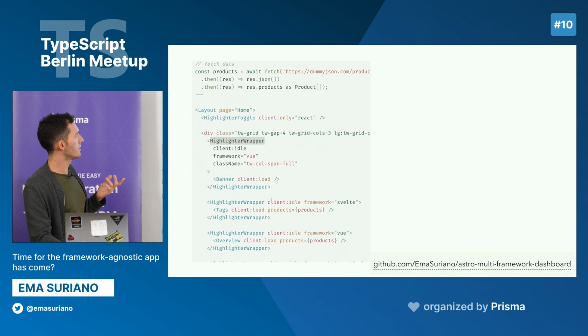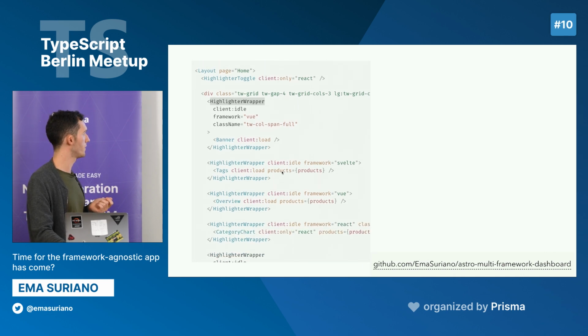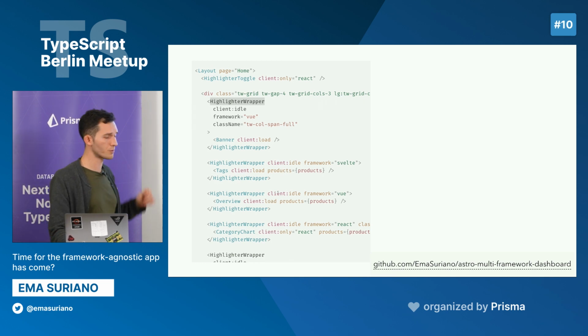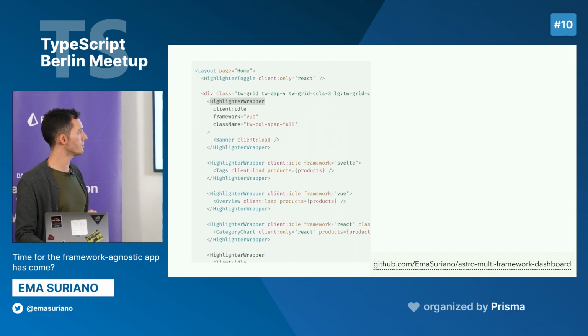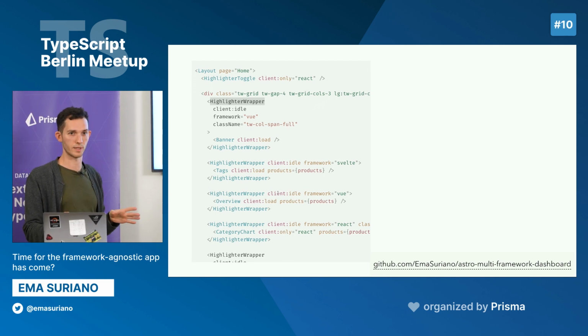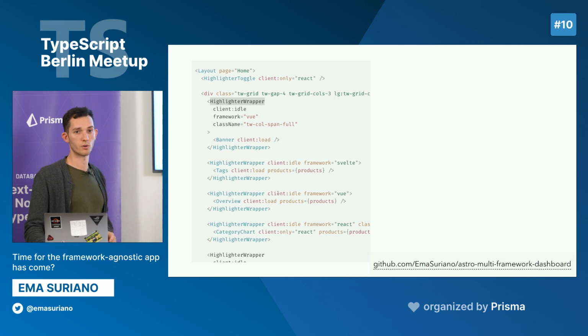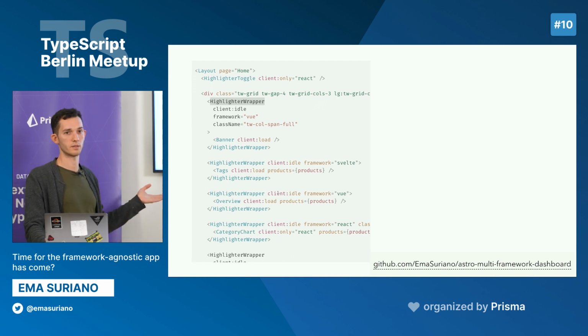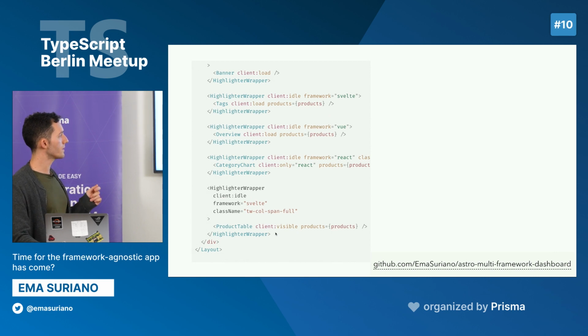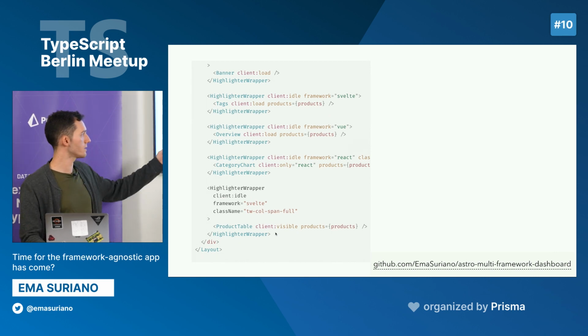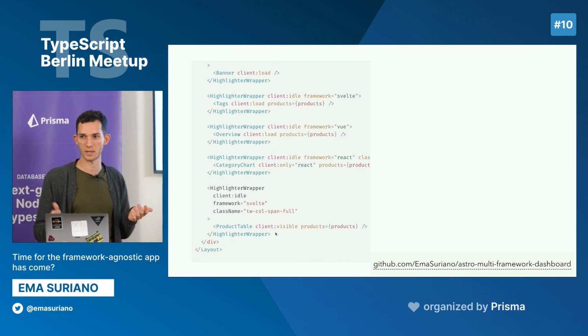Then depending on the component, we might want to use different directives. In the case of the category chart, I used Recharts to make that. It's a React component for charts and was not server-side render friendly, and the first paint was simply horrible. So I said, OK, you know what? No server-side, and we just use client-only React. And it worked great, honestly. And in the case of the table that is right at the bottom, I just put client visible, so I don't need to load the JS for that.